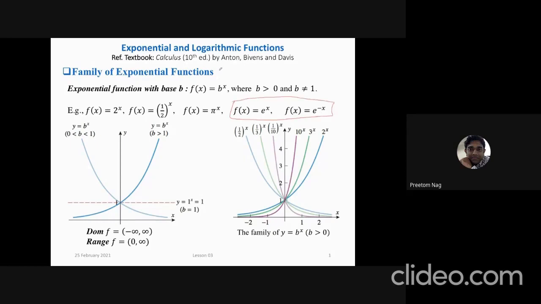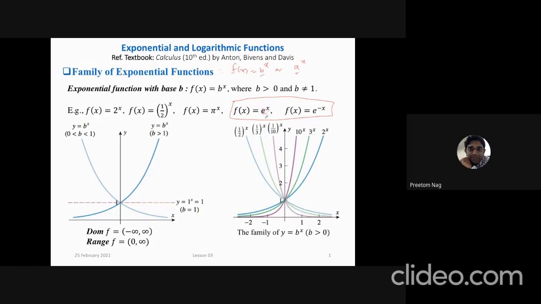If you are asked to write an exponential function, you can write f of x equals b to the power x, or a to the power x. If you consider the base as a, you can write a to the power x, and if you consider the base as b, you can write b to the power x. So if the base b or a, whatever, is replaced by the Euler's number, Euler is a constant number,